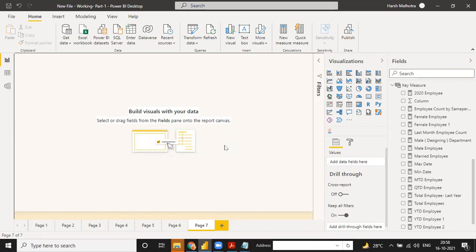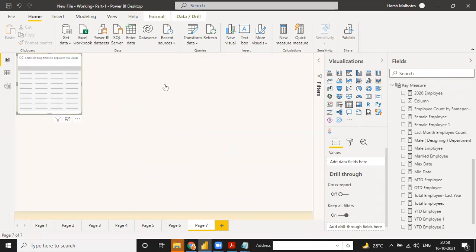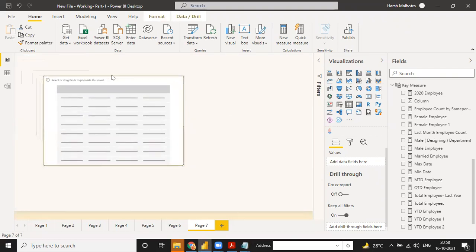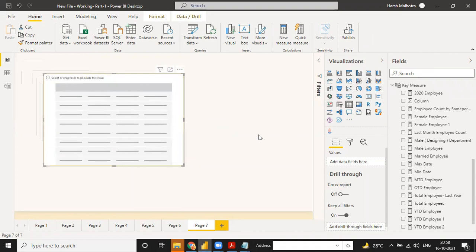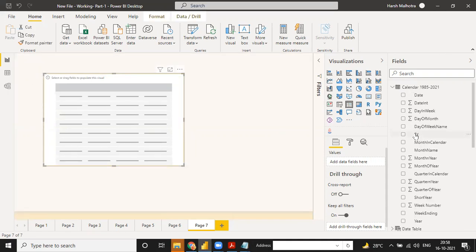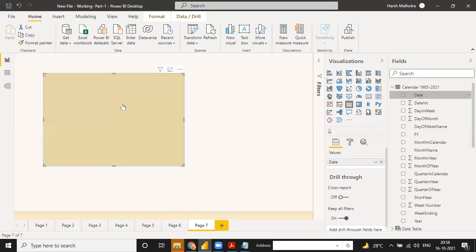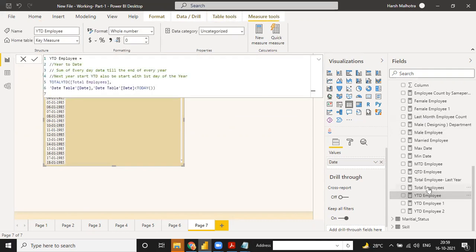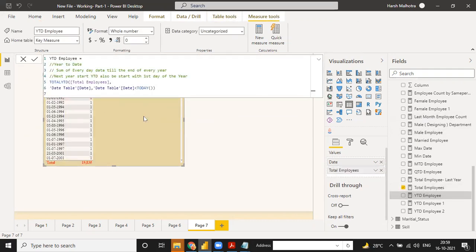So first I need to ask, what is actually YOY? Why do we use YOY in our company? Anyone? Just to show comparison year to year. Year to year in percentage basis or in numerical basis? There is percentage basis as well as numerical basis. Okay, so see how to calculate both ways. Suppose this one is date, and we have total employee.